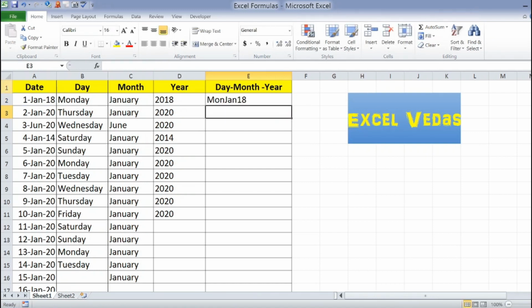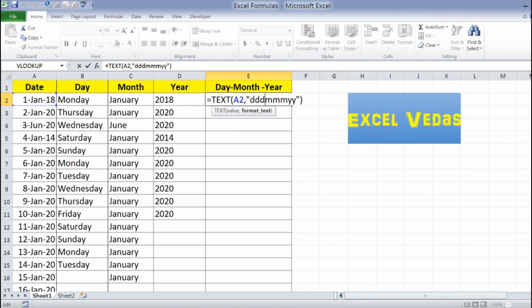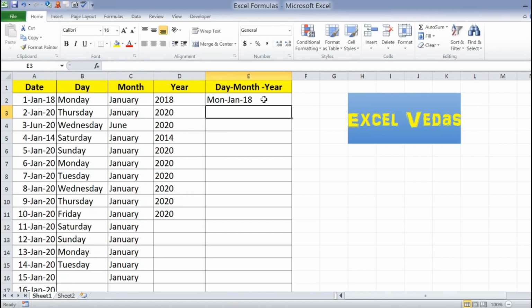So as a day it's coming Mon, the short form of Monday, then Jan is the short form of January, and 18 is the short form of 2018. If you want to add some comma or hyphen or space, anything, you can also give it, and accordingly the result will appear here.